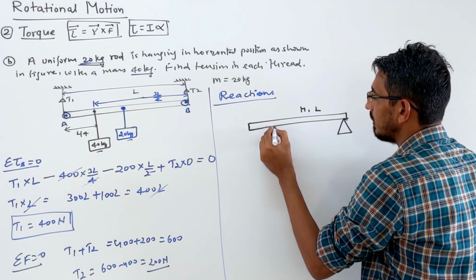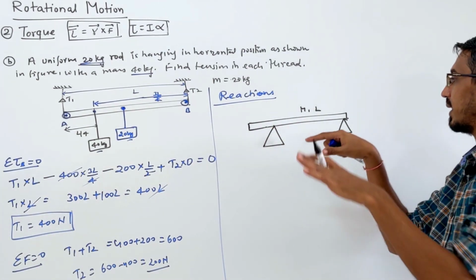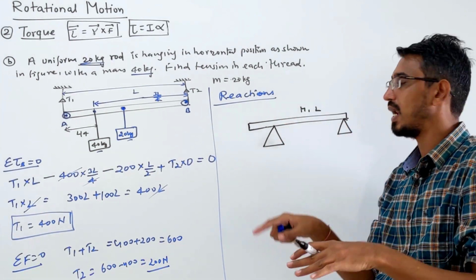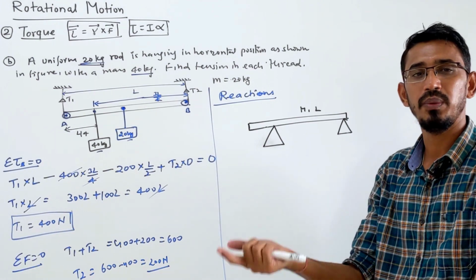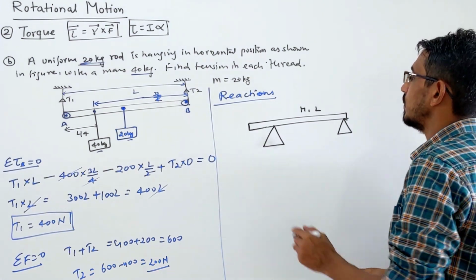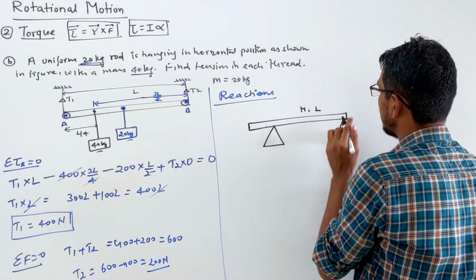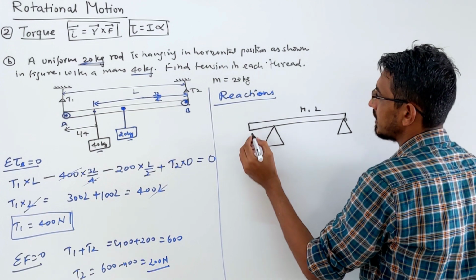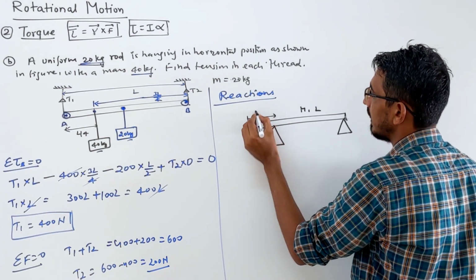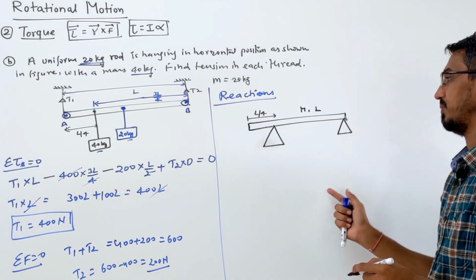They say we are keeping this rod horizontal with the help of two supports. These are the two supports, a vase, a knife, or two people, they can say anything. Now either the distance is given, with one support at the end and the other at some distance, suppose L by 4 or L by 3, and then they will ask you what the reaction is.